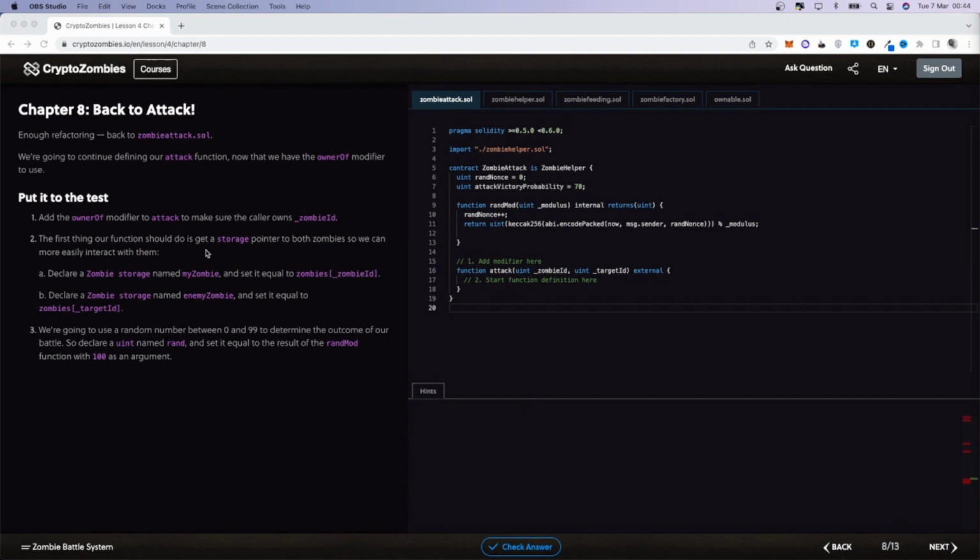Okay, so welcome to chapter 8, back to attack. Enough refactoring, back to zombie attack.sol. We are going to continue defining our attack function now that we have the onlyOwnerOf modifier to use. So let's put it to the test. We want to continue creating the attack function. Put it to the test: add the onlyOwnerOf modifier to attack to make sure the owner